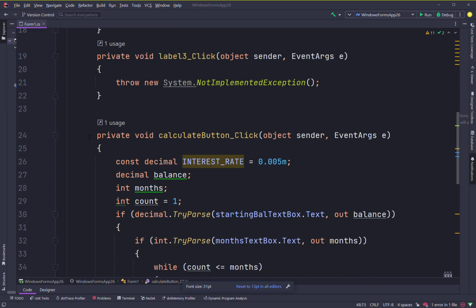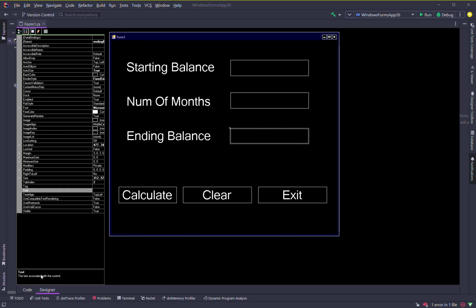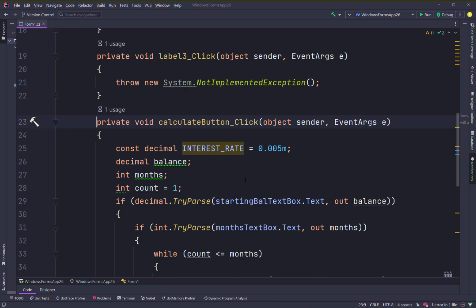An event handler listens for an event, which means it's waiting for an event to occur. That's what listening means. So once the calculate button is fired, which means the user clicks the calculate button,